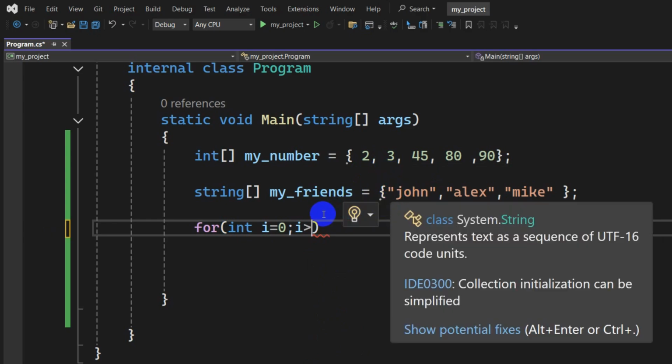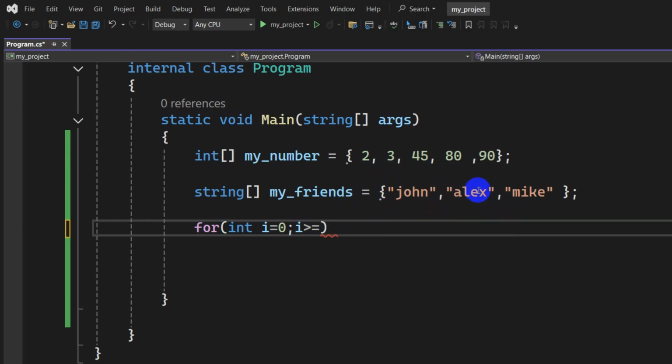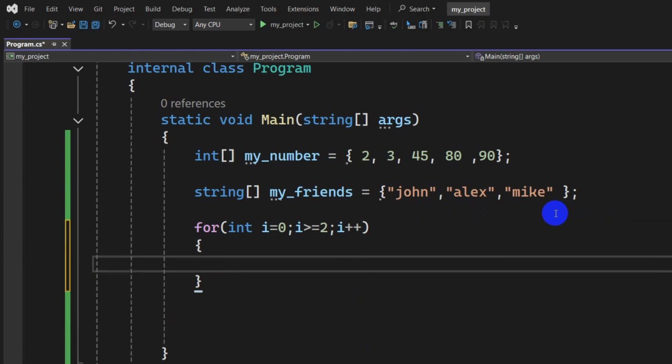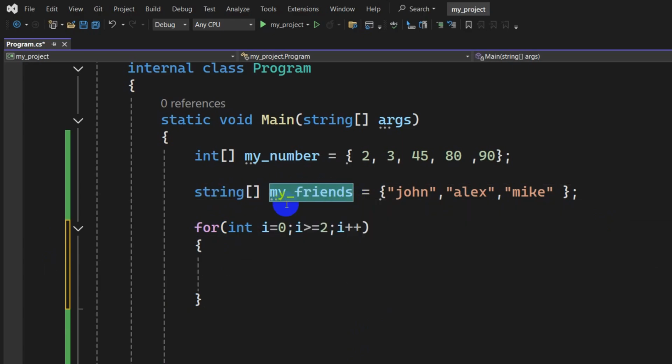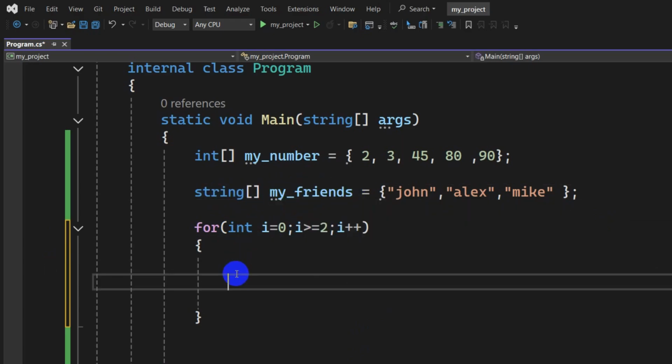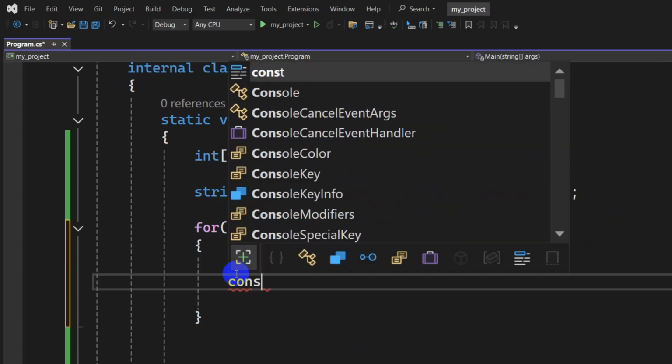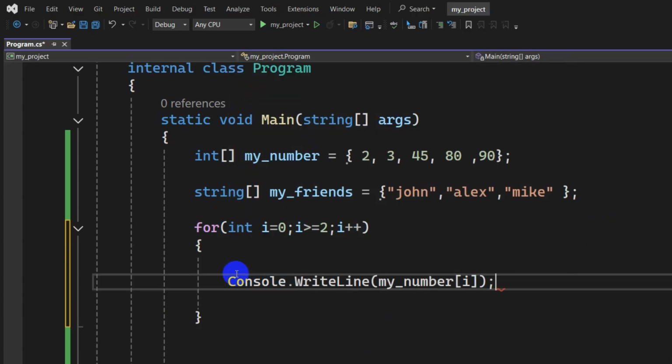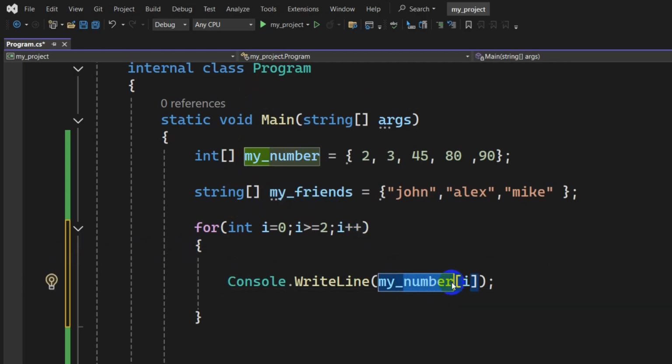names. So i can be smaller than or equal to 2 because 0 to 2, and we're going to say here i plus plus. Then we're going to print the value of i. Actually not the value of i, we're going to print the value of my friends. So how can we do it? We're going to say here Console.WriteLine, not my number, it will be my